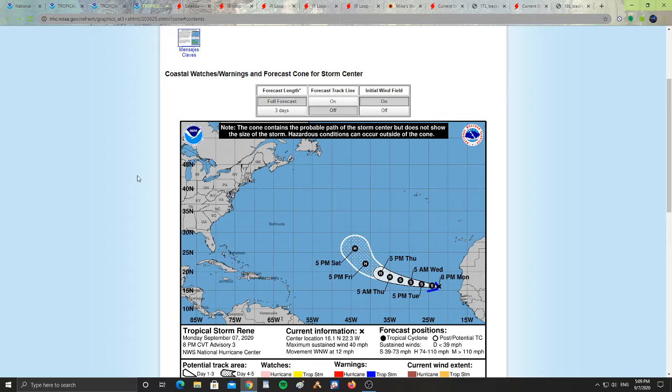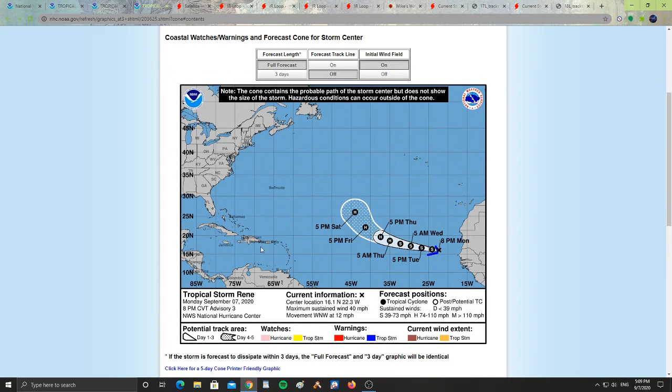Let's take a look at what Rene is forecasted to become. Forecasted to become a hurricane. It is a storm as of now, up to 5 p.m. on Tuesday, 5 a.m. on Wednesday. But once it reaches 5 a.m. on Thursday, it is forecast to become a hurricane. And it continues being a hurricane at 5 p.m. on Thursday, 5 p.m. on Friday, and 5 p.m. on Saturday. But it seems to be forecasted to be headed towards the middle of the Atlantic instead of heading